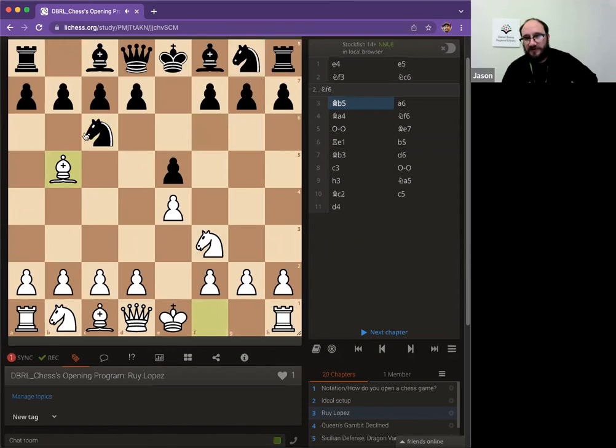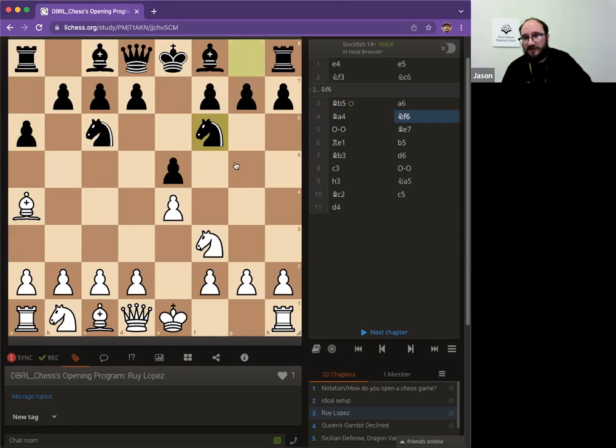Black develops a bishop, attacking this knight, which is then undermining the defense of this pawn. Because if black were to allow white to take this bishop, this pawn would be unguarded, right? And there is an opening where black allows this. But what we're going to do here is now black is what's called putting the question to the bishop. The question is, what are you going to do? Are you going to capture the knight, or are you going to move away? In this example, white moves away,